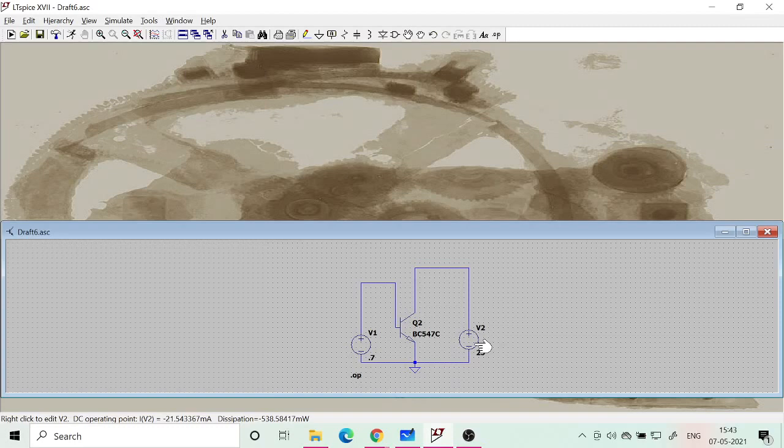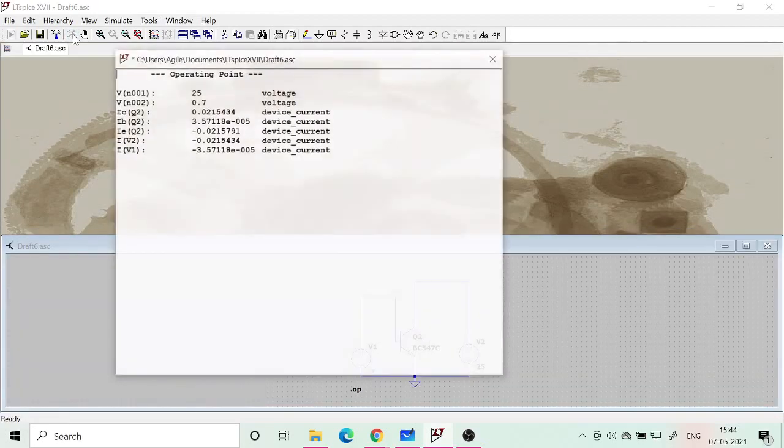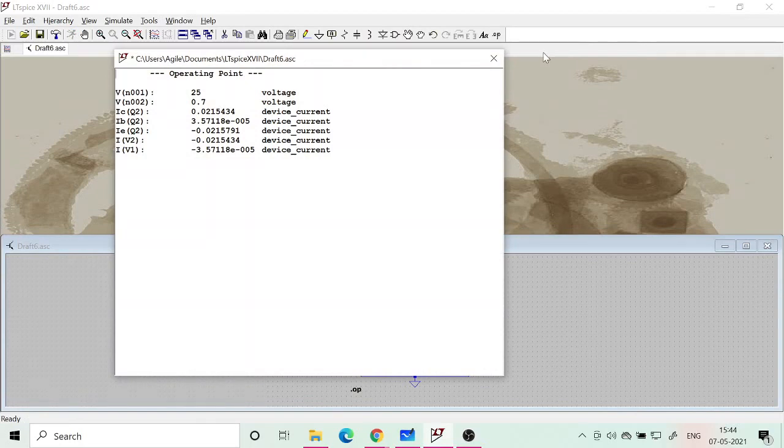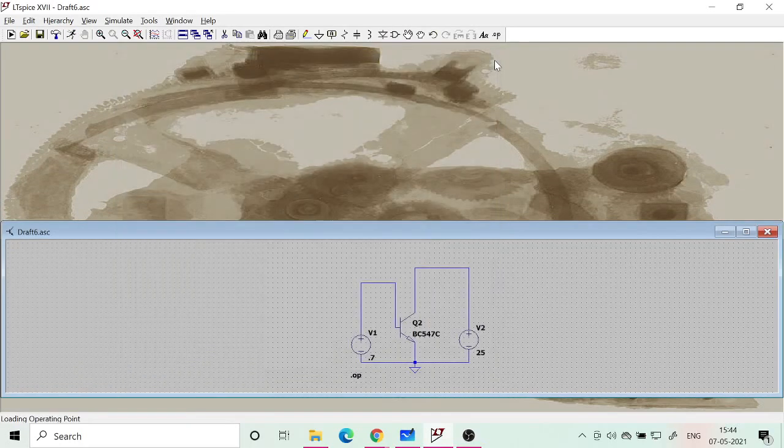So this is the first part, and then the second part which just now I showed, the input characteristics and the output characteristics. So first is the operating point for a given voltage. If you are putting 0.7 and 25, that is the value that you will get. You will get all of it listed here. You note down these values. That is part number 1. So that's the operating point. What are the currents when you apply such and such voltages? Depending upon these voltages that you apply, you will get the values of current.